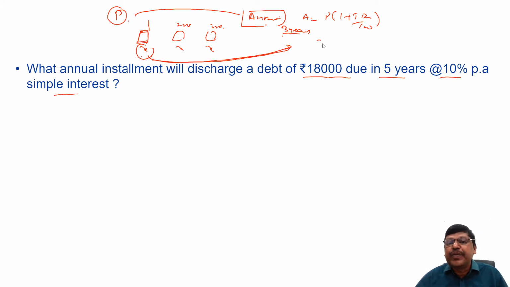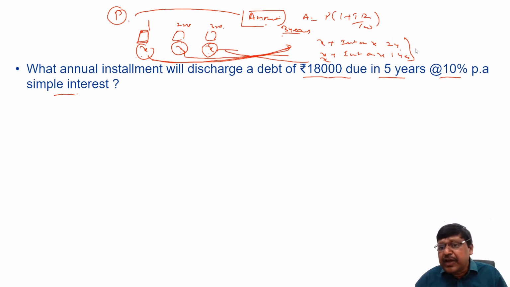So we'll see this X rupees plus interest on this X for 2 years. We'll add it. The second installment is paid at the end of 2 years, that is 1 year before the account is settled. So for this X rupees, we'll add 1 year interest on this X rupees for 1 year. And this third installment is paid at the end of 3 years, and that's when the final settlement happens. We don't add anything to this, we just take X as it is. So the sum of these three must be equal to the total amount that would have been due if you had not repaid anything, right? This is the basic approach.